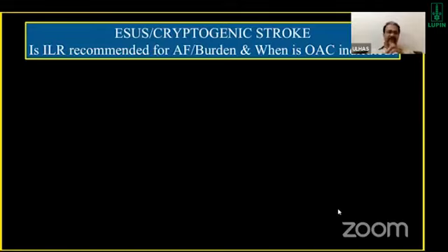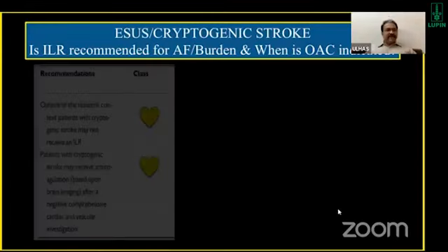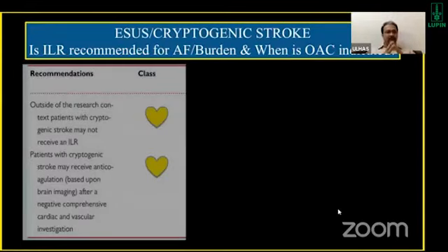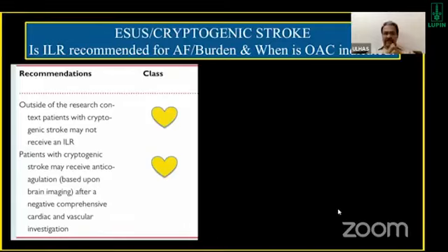So then the question is, should we recommend in such patients an invasive therapy in the form of an implantable loop recorder? There is unanimous agreement among the experts that the implantable loop recorders should not be considered at this point in time